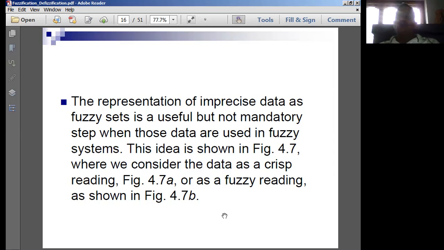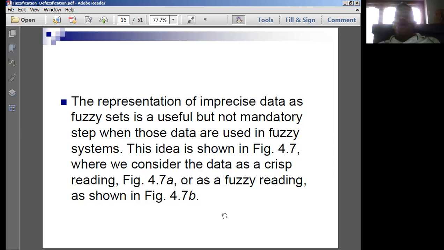What is the meaning of precise data? What is the meaning of imprecise data? What is the meaning of uncertainty? Okay, what is the meaning of certainty? All of those things we can discuss as we go into unit number 4. As fuzzy information normally deals with imprecise information, the data is not going to be so precise, but still we'll be dealing with that kind of data.